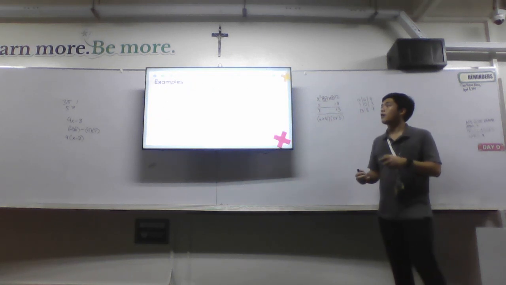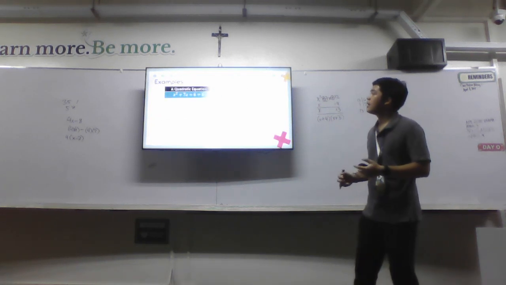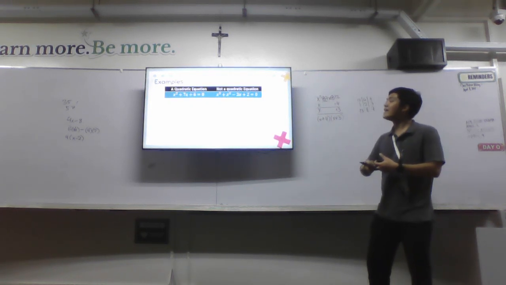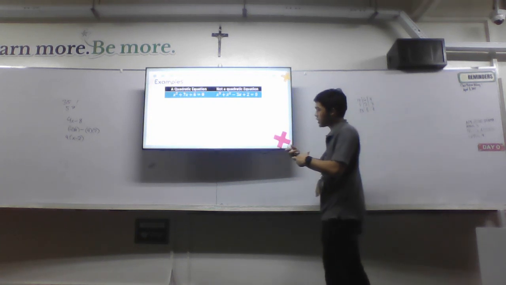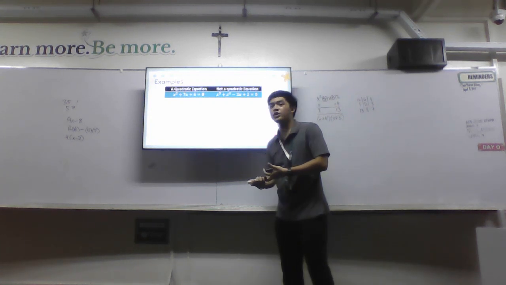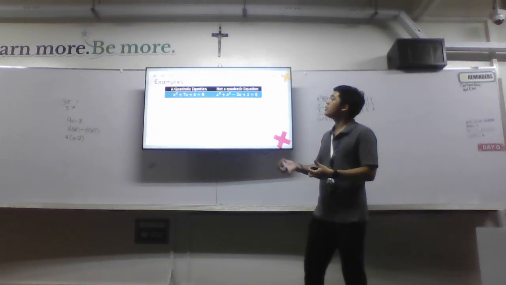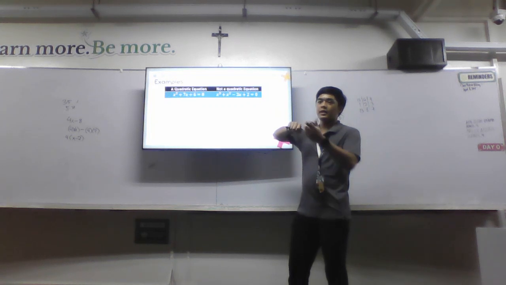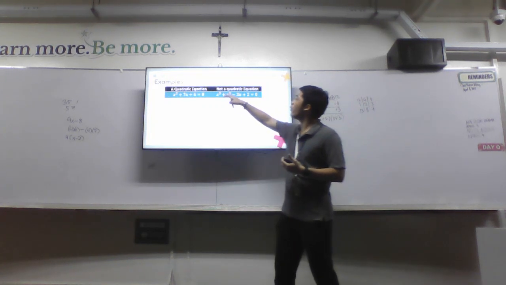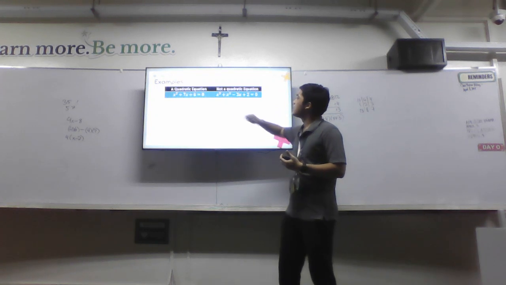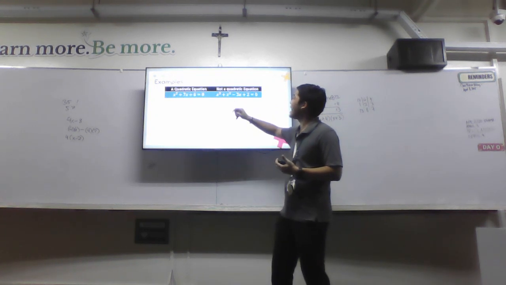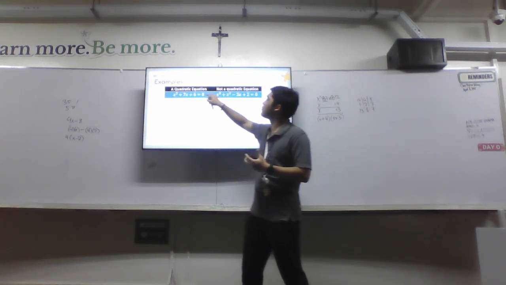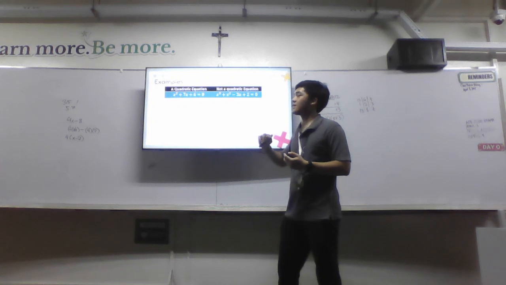Okay? So next, we're going to have examples of quadratic equations. So why is this an example of a quadratic equation and why is it not a quadratic equation? So next, what is the main difference of this equation to this equation? Okay, so this equation is not a quadratic equation. The main difference is that it has x cubed, so you're correct. This one doesn't have x cubed. That's the main difference.